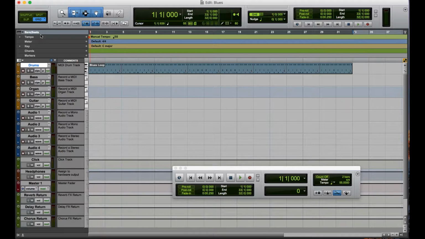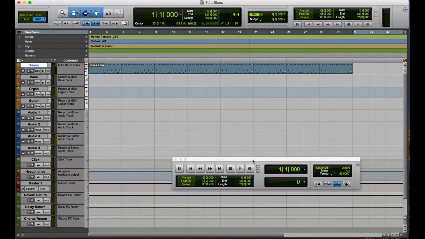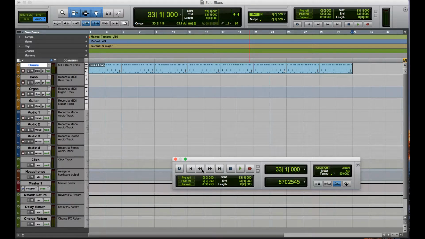So you've got your time-based and also your conductor rulers, and then we have our transport control down here, which gives us stop, play, record, back to the beginning, jump to the end, fast forward,